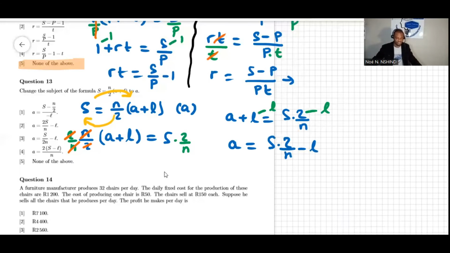Then let's look at it. S times 2 is the same thing as 2S. So I can write it as 2S over n minus L. Now let's see. 2S over n minus L is that one, and none of these. So the correct alternative here is alternative 2. Okay, and then the next question is